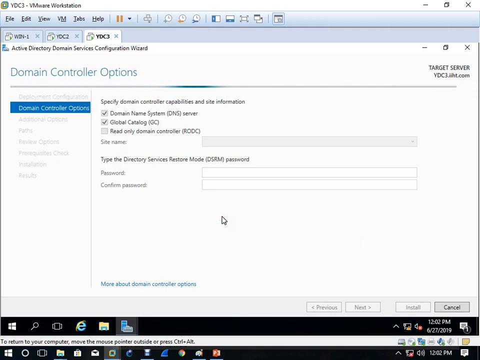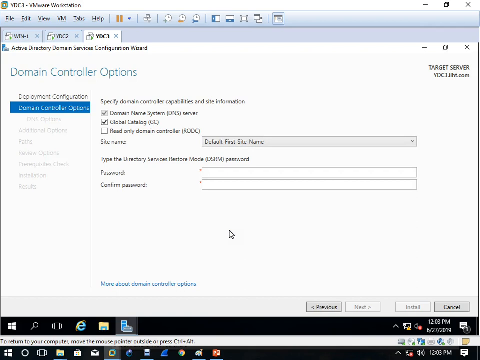Why have you transferred the role? Because you know that I have to remove the server. Maybe your boss is saying that no, this server is too old, let's bring a new server. So take all the roles and then remove. If you remove it without transferring the roles, your entire network will go down.